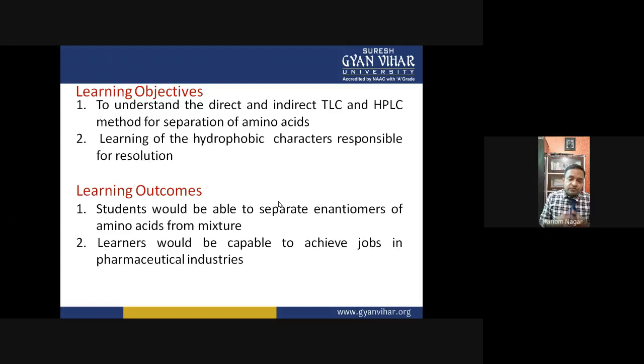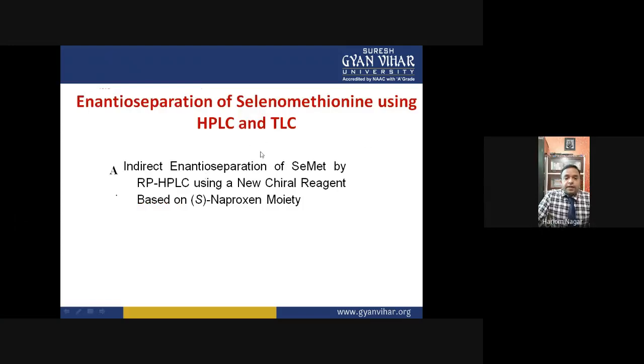So that's why it is very important, because only one enantiomer is more active in our body, while the other enantiomer is not as reactive as the first. Now, the enantiomer separation of selenium-methionine using HPLC and TLC we will discuss in